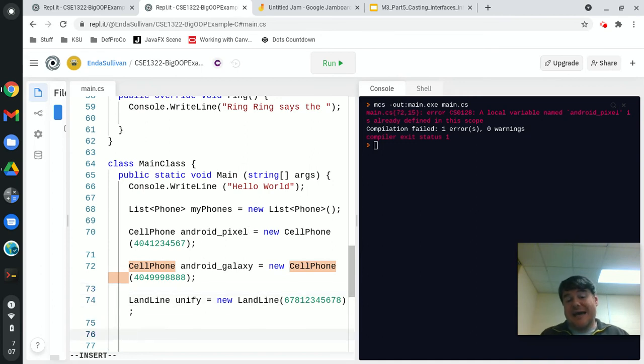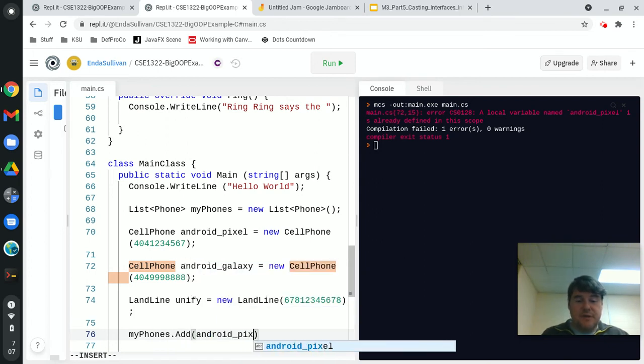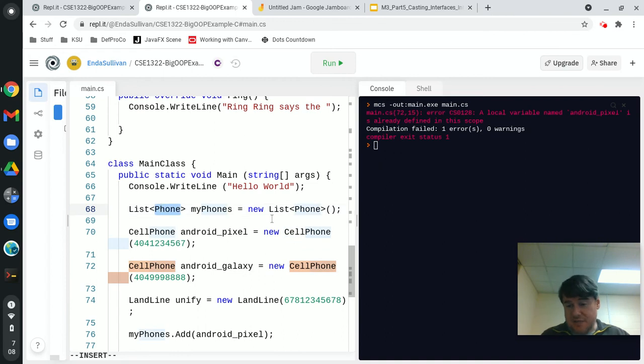What I'm going to do is add them into the array list. So I'm going to say myphones.add Android Pixel. All right, so bear in mind that Android Pixel is of type cell phone, but I'm adding it into an array list that's declared of type phone, and that's allowed because cell phone is a child of phone. Likewise, I'm going to go ahead and add the